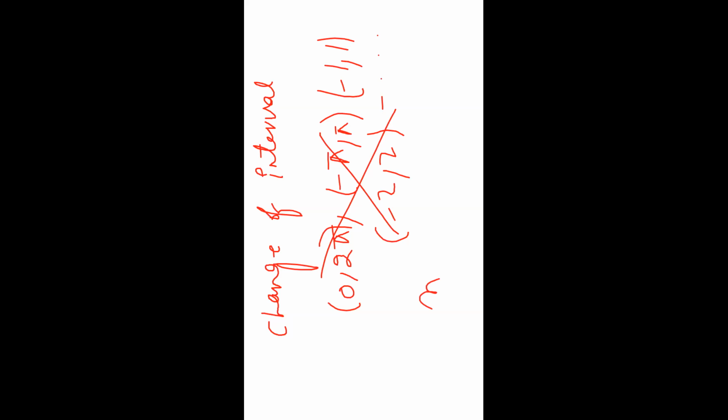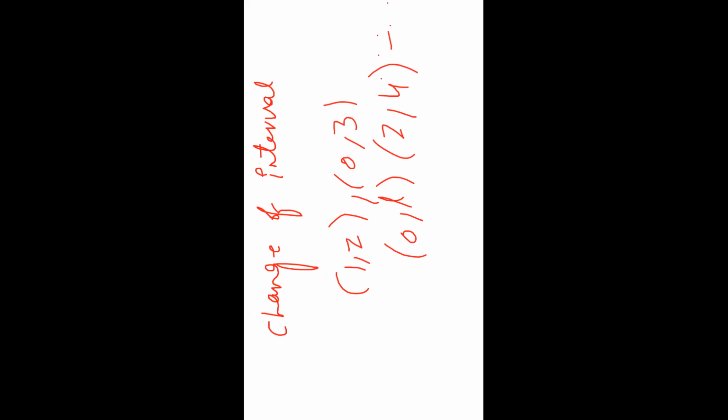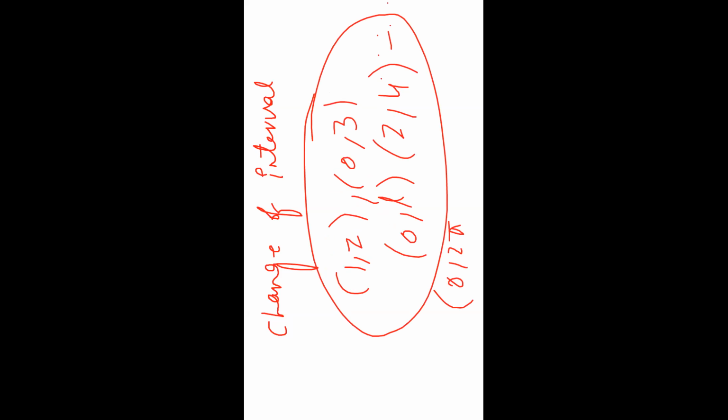So the change of interval limits are like 1 comma 2, 0 comma 3, 0 comma L, 2 comma 4, like that. So every limit not in 0 to 2 pi and not in negative to positive, all the remaining limits belong to the change of interval. Except 0 to 2 pi, minus pi to pi, minus 1 to 1, all remaining limits are in change of interval. The formula of change of interval is as follows,